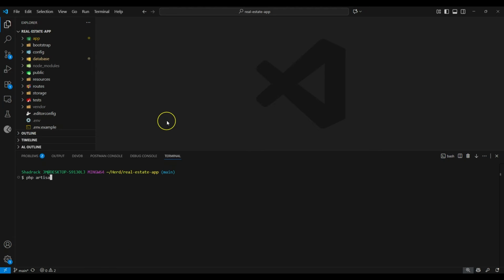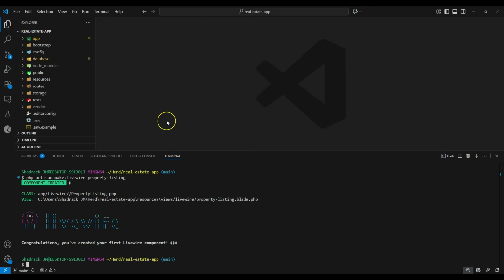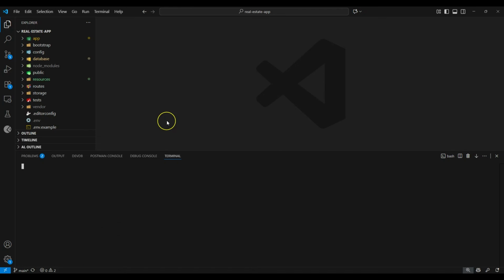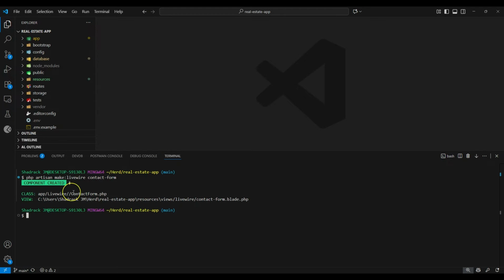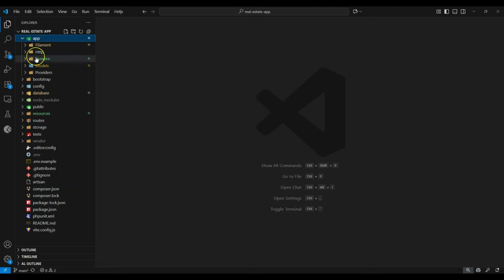So what you can do is just run the following command: php artisan make:livewire. The name of the component will be PropertyListing. Okay, after that we need to have another one for the contact form. Right, so as you can see, it generated two files, the component class and the blade file. So let's go and start to edit the